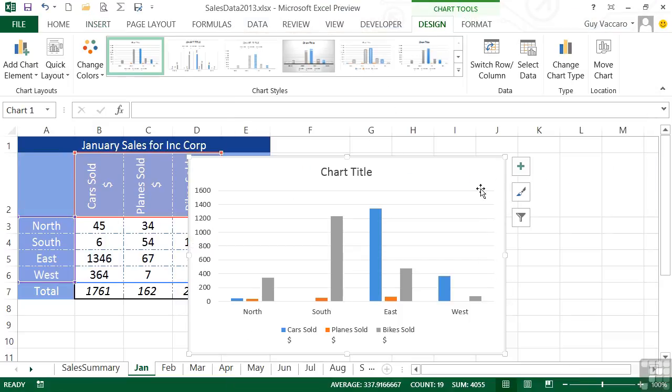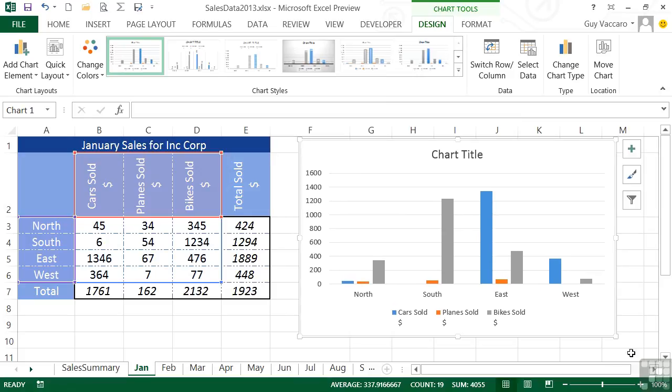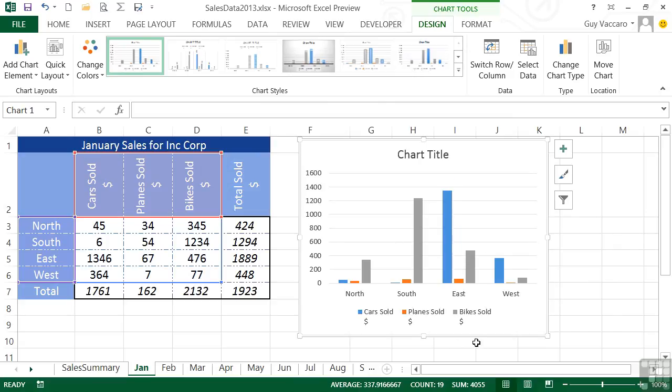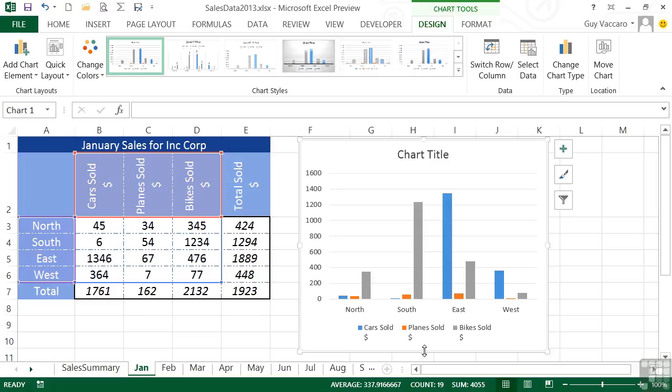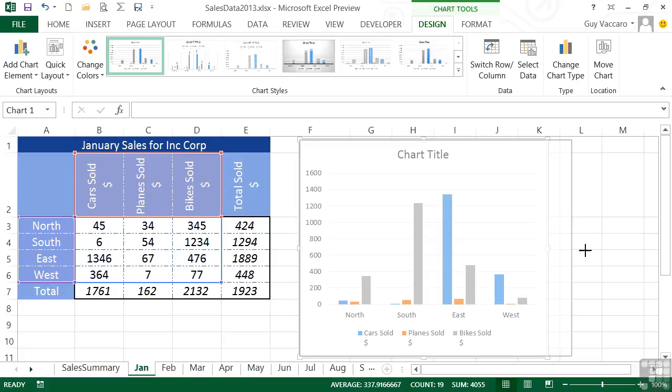And your chart appears as an object on the sheet, and we can move that object and we can resize the object. Stay with the corner handles and everything stays in proportion, use the horizontal and the vertical and things are moved out of proportion, but you will find once you've finished resizing the object area, the graph scales to fit inside the area. So sometimes making it taller is actually what you want to happen, or wider, dependent on